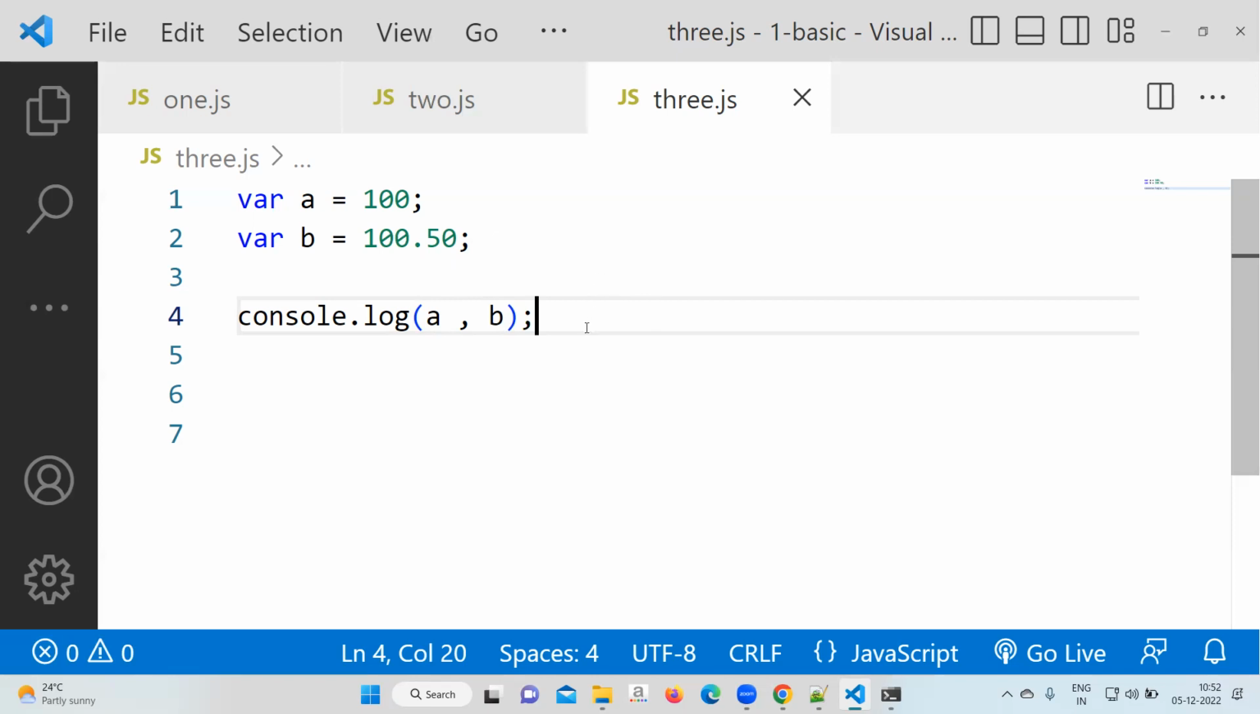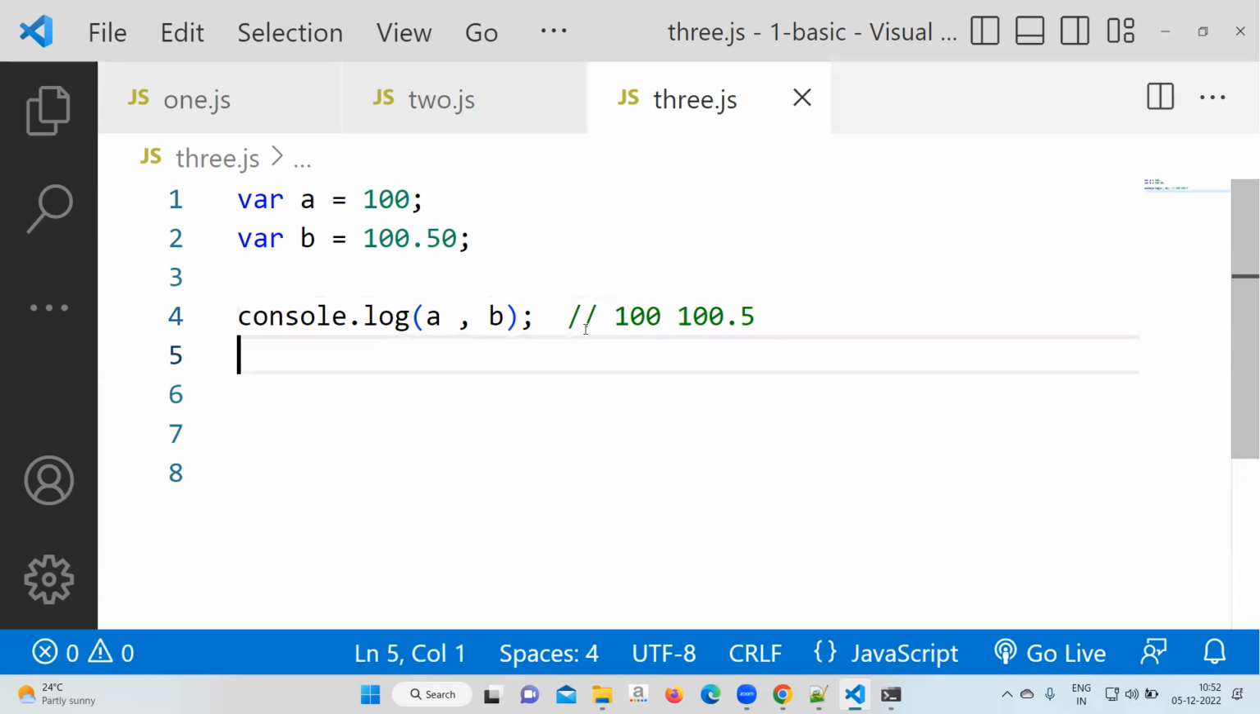Okay, next. So what will be the output? Output will be 100. After that, 100.5 will come. Okay, 100.5 on this. Okay, next after that,